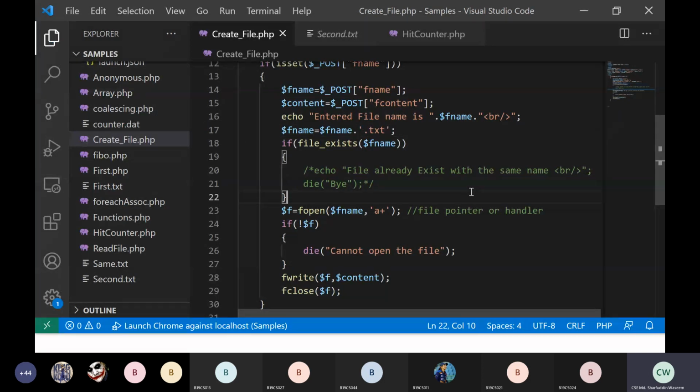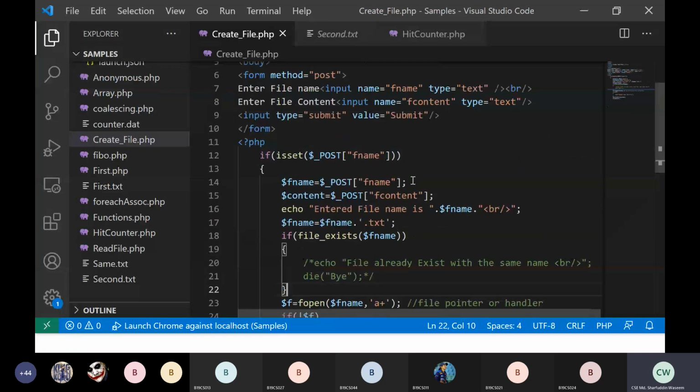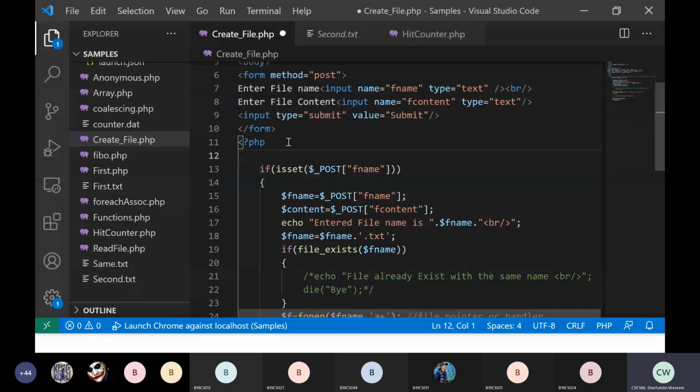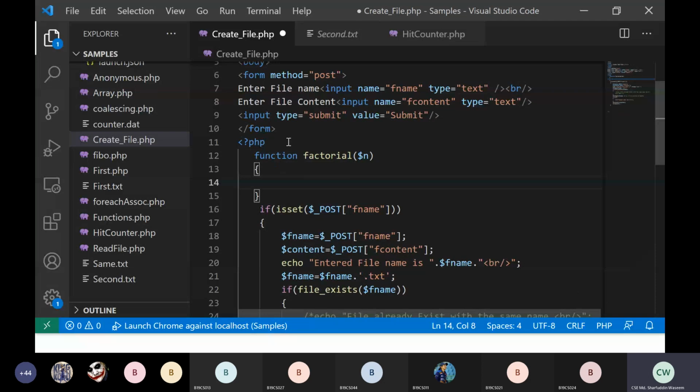Okay, right. So this is a simple case that I showed you of how to read the data from a PHP file. Suppose, sir, I want to find the factorial of a given number and I have to store that inside a file. Then what should I do? It's very simple. I will write a function, factorial, which takes a $n, and try to find